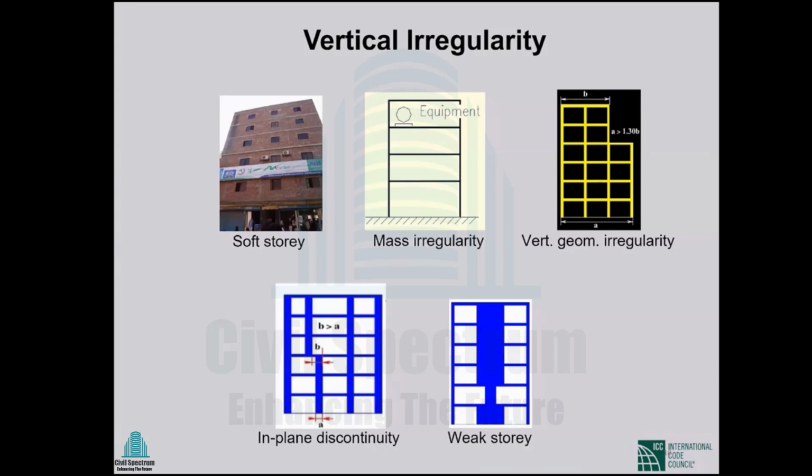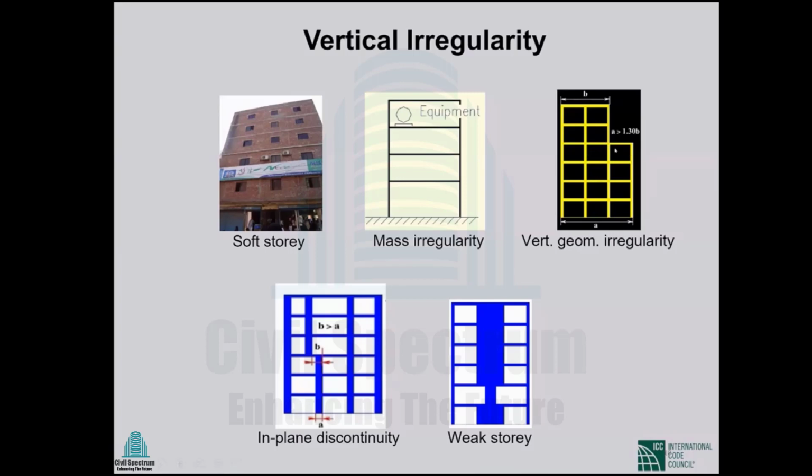Recently they store usually in the ground floor, but previously we found that in many cases they stored in upper floors, even in the top floor in many cases. So that floor, which has heavy load compared to other floors, that story causes mass irregularity. Vertical geometric irregularity, for example,